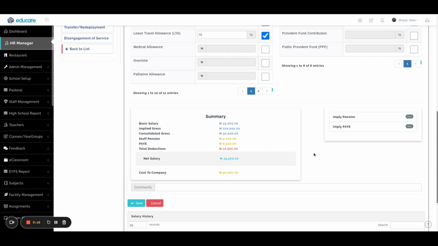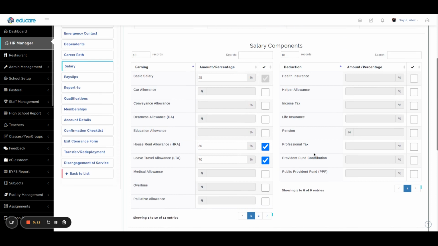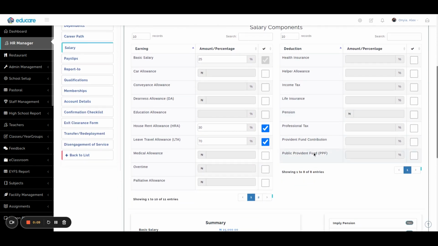Simple. Now, someone may begin to ask, so how do you get the rest of it? The rest of it are still here. So every deduction, every allowance that you also have within the system, you can always